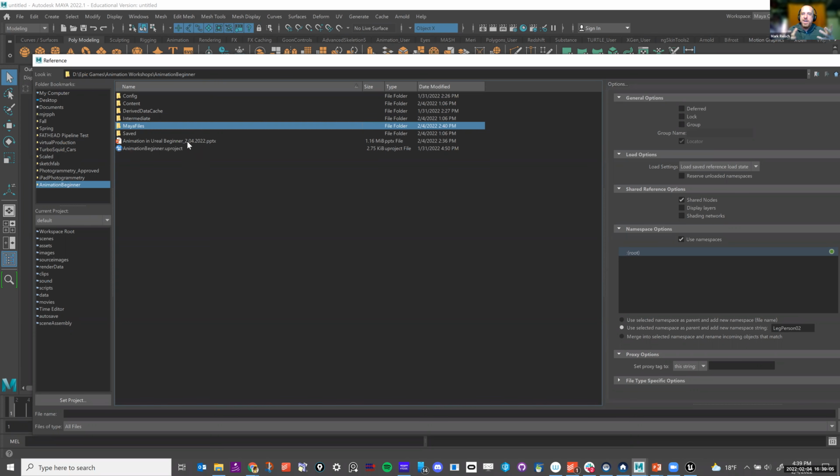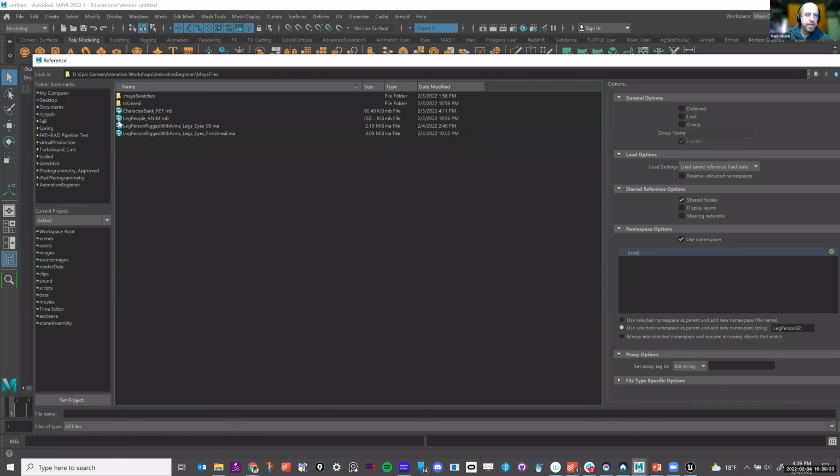The Maya files and this PowerPoint are the only things that aren't what you would have in an Unreal project. Unlike Maya, where you can have little bits of it, to have an Unreal project you have to have the entire project. If you're going to be moving things, you need to move the entire project. I've recently learned about source control, where you can get into parts of it, but on a basic level, you're going to want to take the entire project with you wherever you go, whatever computer you have. I have this Maya file, and in it I have my leg person rigged with arms, legs, and eyes for Unreal. That's the one I'm going to be using. Okay, so I'm referencing in this character.